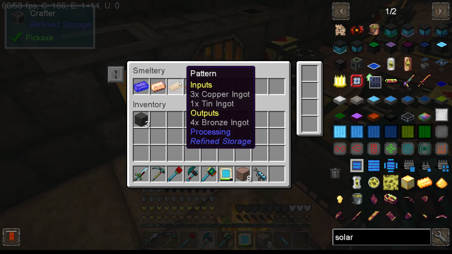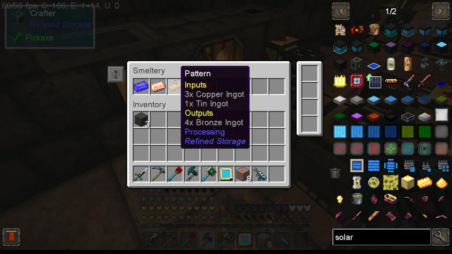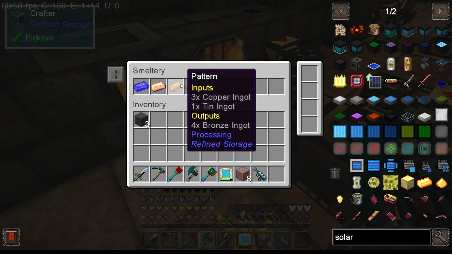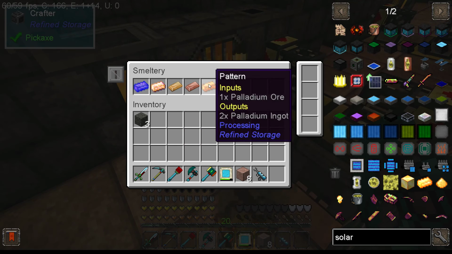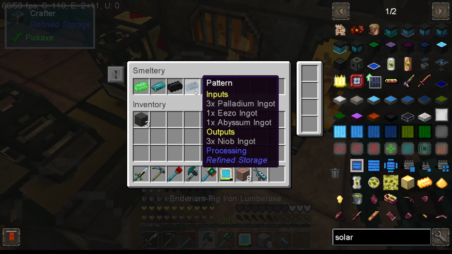I'm going to have to pull one of these out because copper's being used twice. You know, it's fine. I don't think there's anything that takes both bronze and constantan, but if it comes to that, we'll do it. And then palladium, which I could move you to a different one. Now, because this has palladium in it,